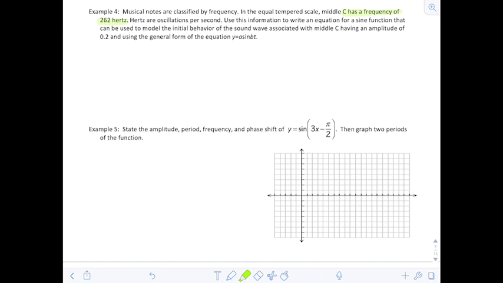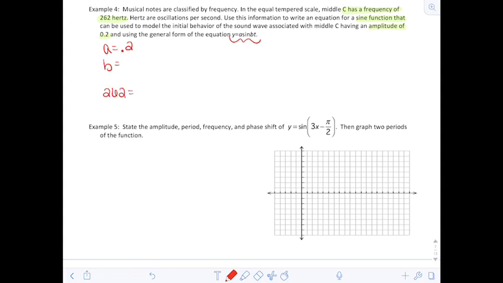Use this information to write an equation for a sine function that can be used to model the initial behavior of the sound wave associated with middle C, having an amplitude of 0.2, and using the general form of the equation y equals a sine of bt. So essentially, what we have to do is find values for a and b. Well, I know that in y equals a sine of bt, a is the amplitude, and they tell me the amplitude is 0.2 or 2/10. I know that b has to do with the period, and I don't know the period, but what I do know is the frequency,